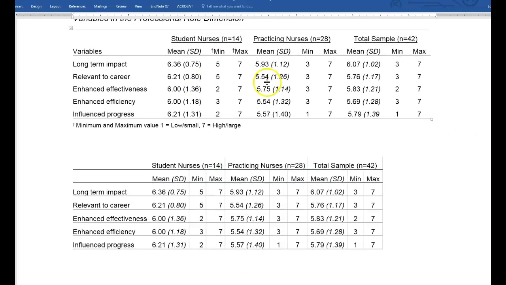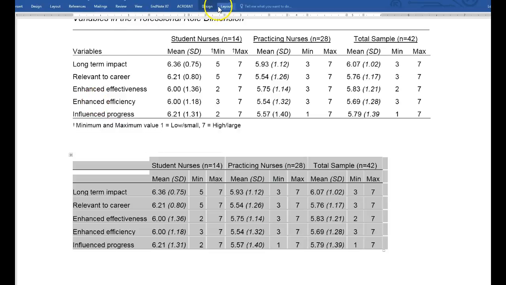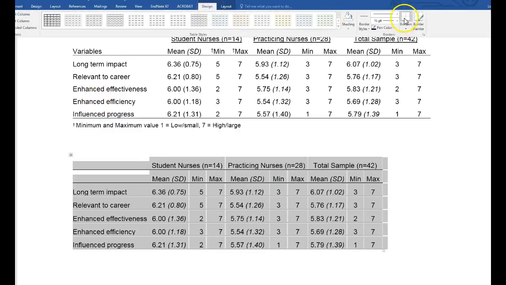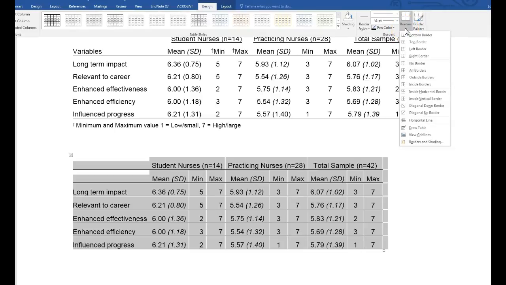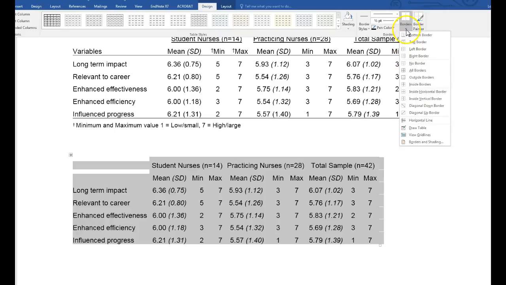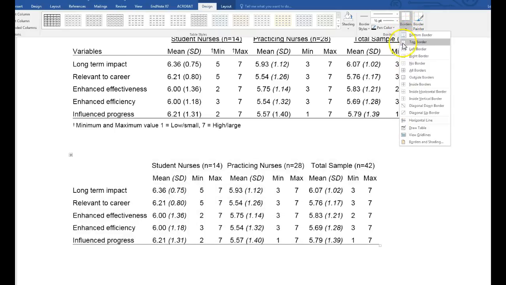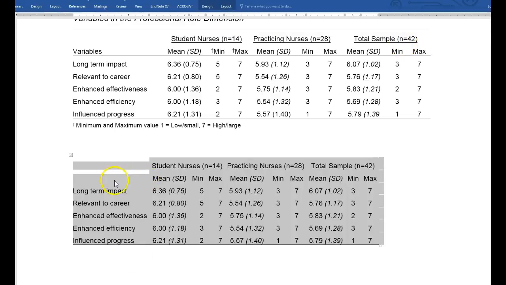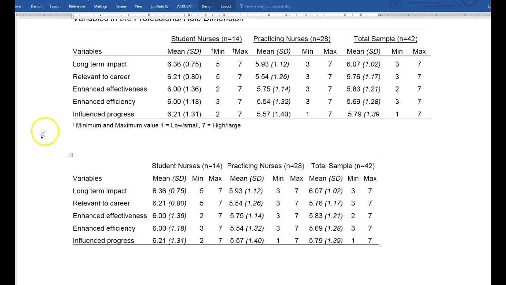So next, notice that we have this particular arrangement of lines. And so to get the lines done correctly, we go out to Design. There's a border section. These are actually called borders, not lines. And let's just start by getting rid of all of them. With APA, you need one at the bottom. You need one at the top. You also need a line that goes underneath these names of what's underneath. So we need to add a title here. And we just simply need to put a border